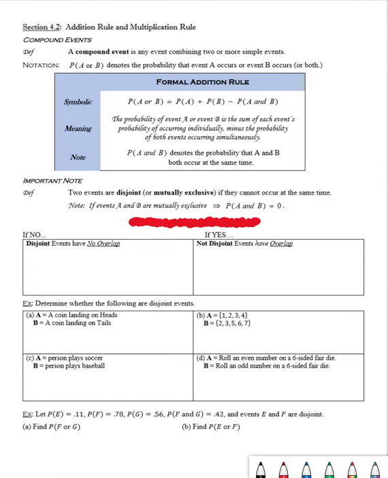All right, so section 4.2, we're still dealing with probability, but at this point in time, we want to deal with what is known as the addition rule in probability. And the addition rule revolves around working with compound events. Now, compound events, this is going to be when we're looking at more than one event occurring within a sample space. So one of the items that we want to look at is when these two events occur,